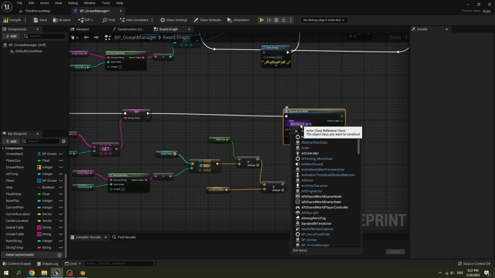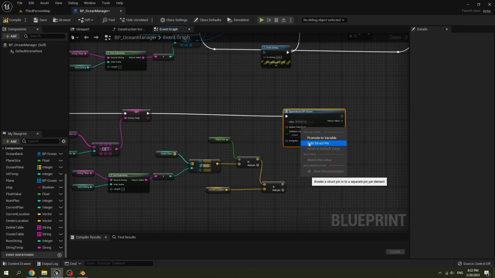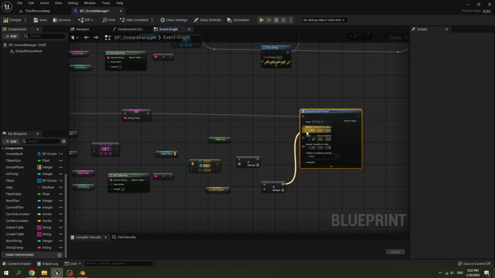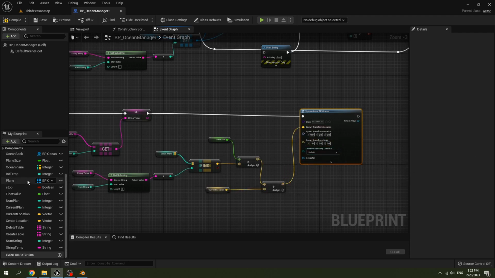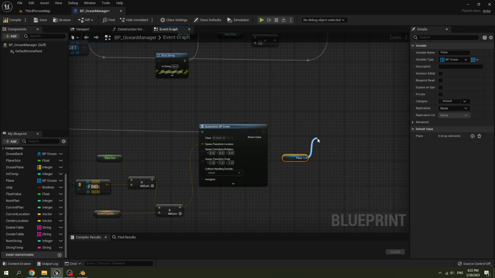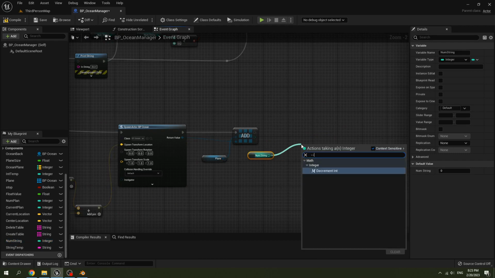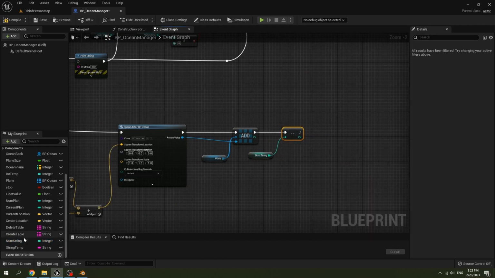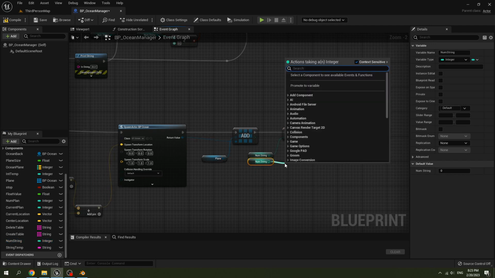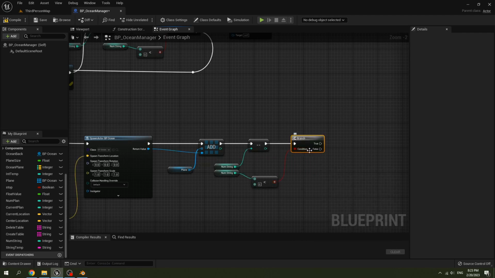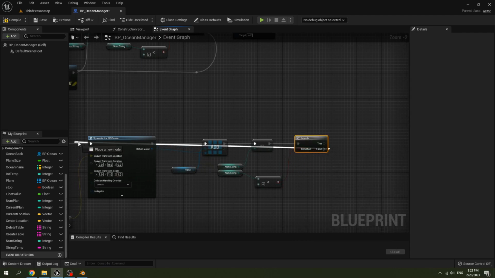For class, call blueprint ocean, split the spawn transform, connect the location to transform location, then get the plan, add it to the array. For the ocean blueprint, get name string, decrement integer, get name string less than 0, create a branch. If it's false, we loop back to the spawn actor.